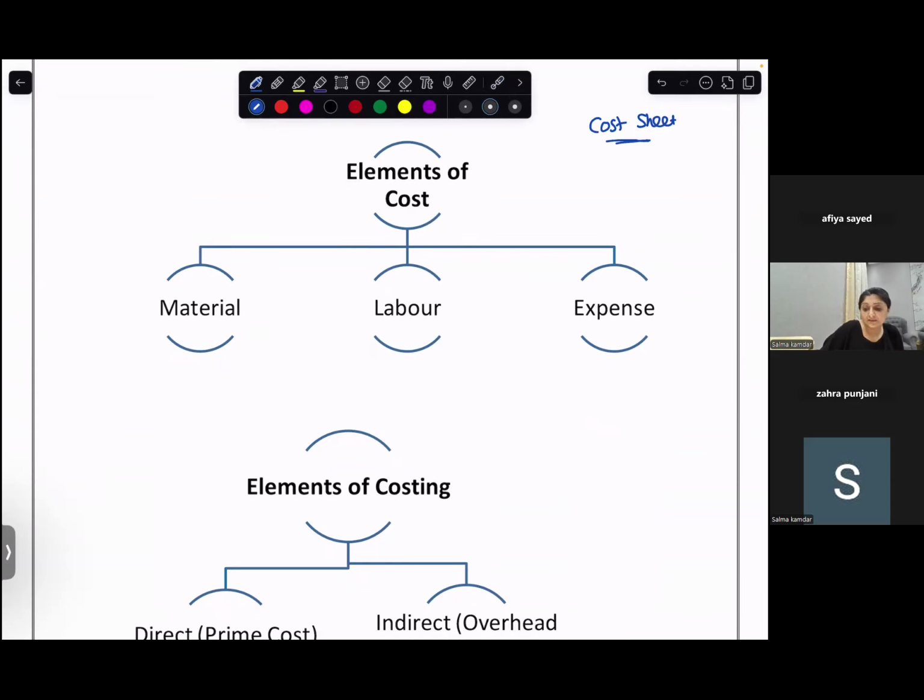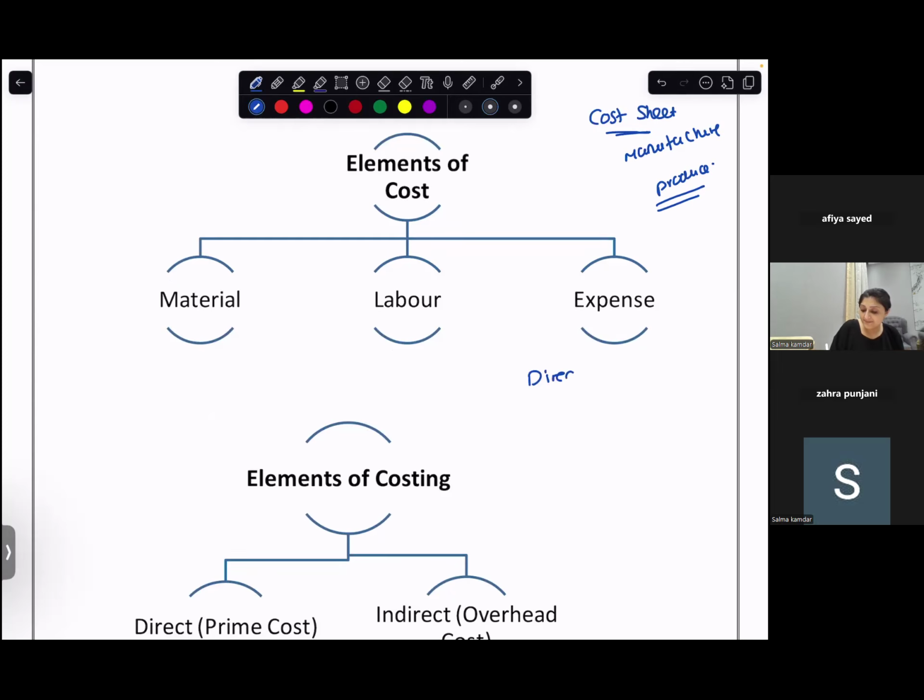It's where we write all the cost of direct and indirect material expenses. Yeah. So if you are a manufacturer, you are going to produce goods and services. And when you are producing the goods and services, you are going to incur some direct expenses, and you are going to incur certain indirect expenses. Indirect expenses in the language of costing are called overheads. I hope you are with me.